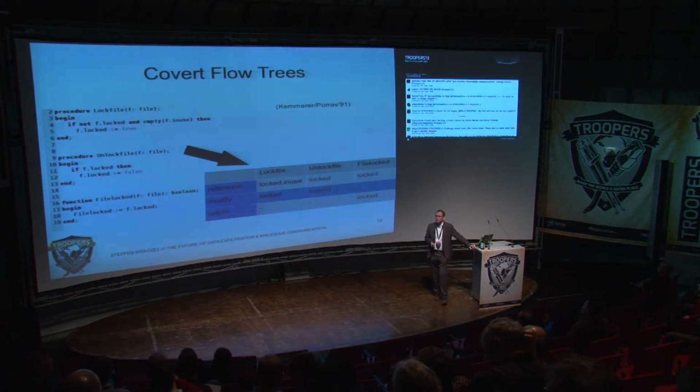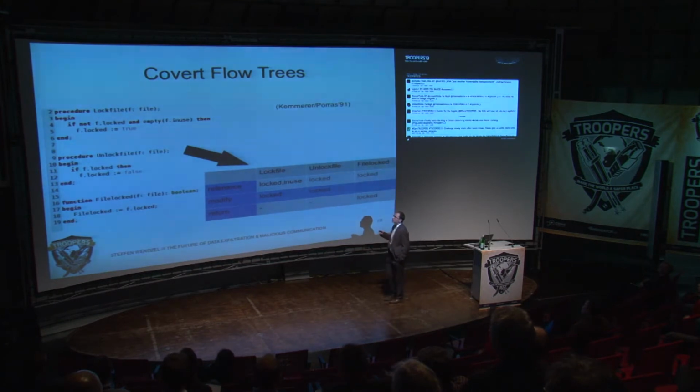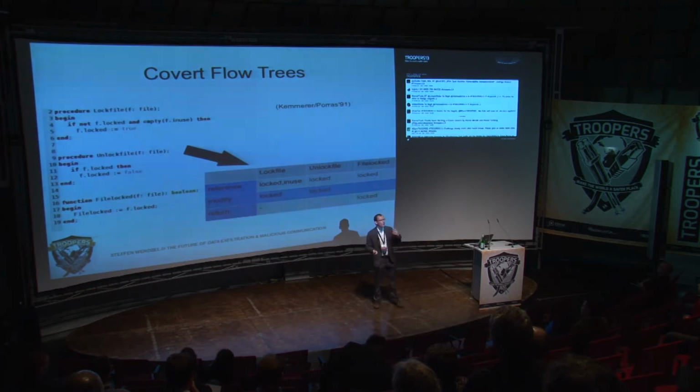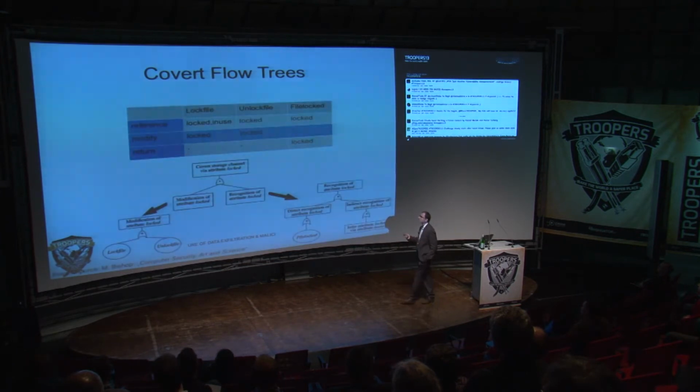Later, in '91, again Kemmerer, but together with Porras, they introduced a means called covert flow trees. Using covert flow trees, source code is checked automatically. Again, a matrix is built that shows you which attribute is referred, modified, or returned by which function. And the good thing is, using this approach, you can even recognize indirect covert channels. The pictures are from the book of Matt Bishop.